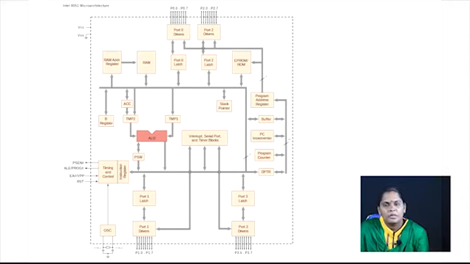Next, internal memory. The memory architecture or the memory allocation, everything comes under this block. Next, special function registers. What are the special function registers we are using in this 8051 microcontroller? The total registers under special function category, we are going to explain in this special function register part. Next, timers and counters. For the counting purpose or to set an external pulse or internal pulse, whatever it may be, we need the timer, and to count the process, we need the counter. That we are going to see under this functional block.